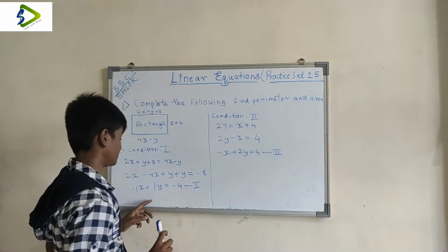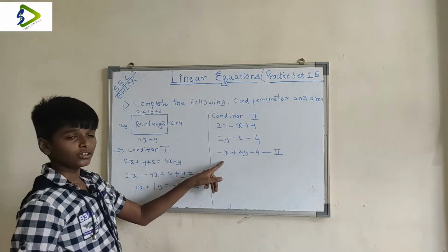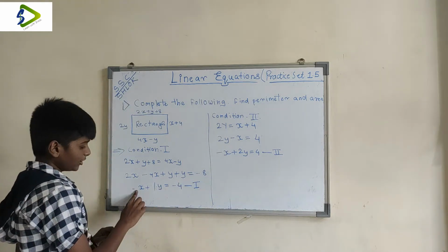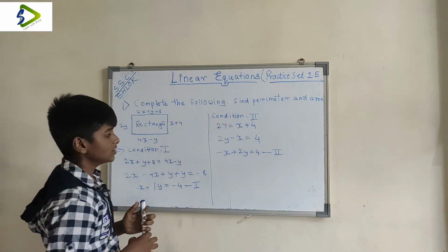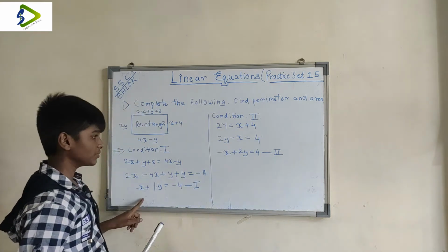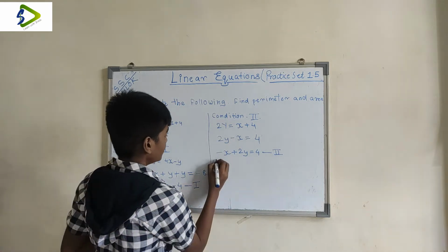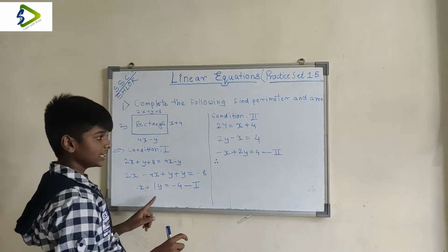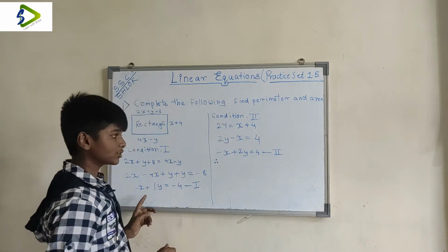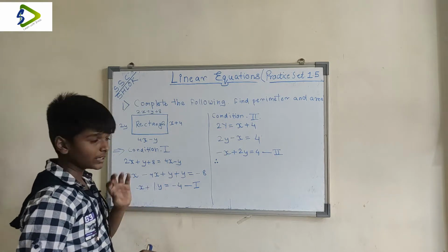Now what we can do, let's see. So now here we got minus 1x and here we got minus x. Here we can also remove this 1 and just write it as minus x. So minus x and minus x we got in common, they have the same sign. So what we can do, we can subtract this. So minus x minus of minus x will be 0x, so we cancel both out.